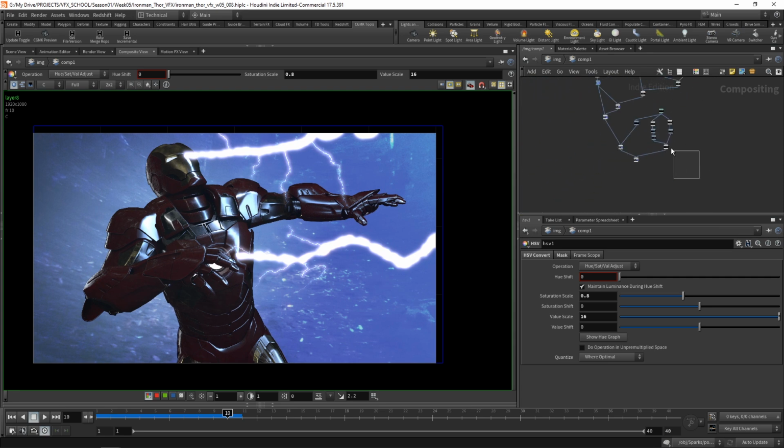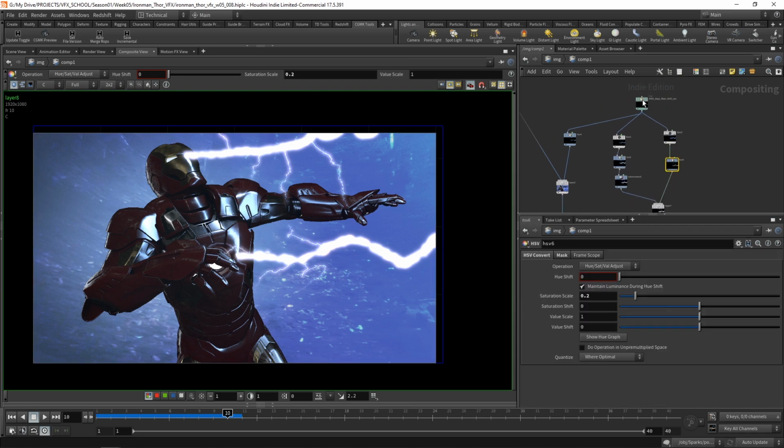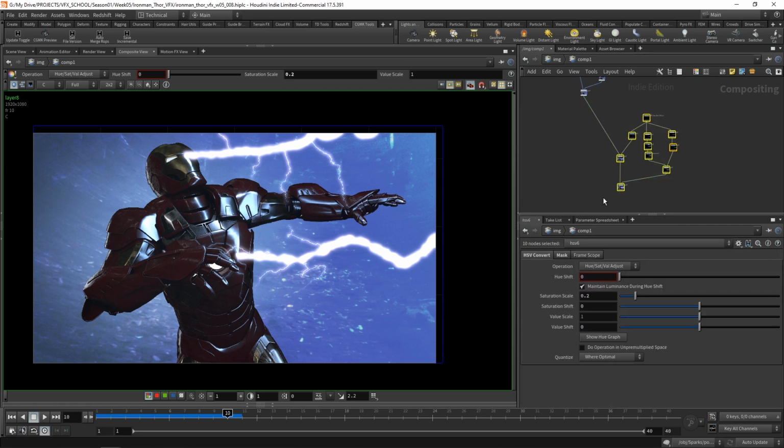This section, I'm going to try to organize this a bit better. So on this section, we're essentially just creating the glow effect to add the main ray. It really helps to keep things organized. So make sure that you find your style. Mine is a bit like this. I'm just going to select everything and put